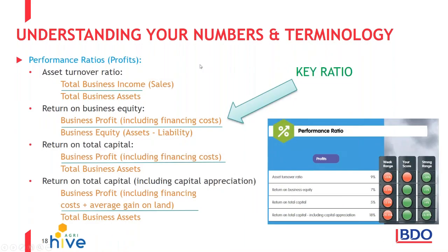Now, the system also generates these performance ratios based on the information and compares it to what's in ABARES. But really, it's to have a look at what is the performance of your business and how can you improve that over time? And that's part of the discussions that I've been having with the eBeef members. So I'll just run through some high-level ones in here, not all of them, but it's probably good to understand